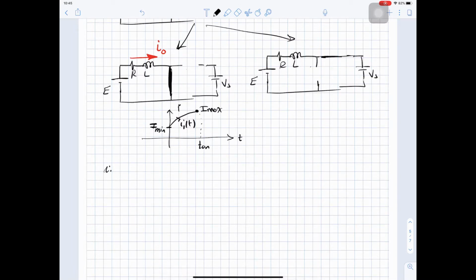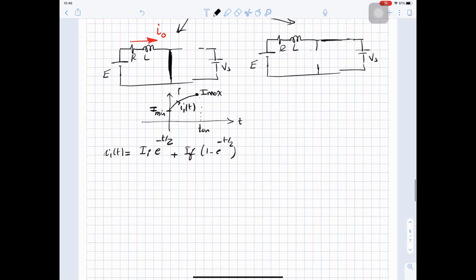To write the equation for I1 of T, it's I initial e^(-T/tau) plus I final (1 - e^(-T/tau)), and this is a generic transient equation. So the initial current I initial is the minimum value I min, or we named it as I1 capital, plus the final. When the inductance is short circuit, the final current is simply E over R. So the final value is E over R (1 - e^(-T/tau)),